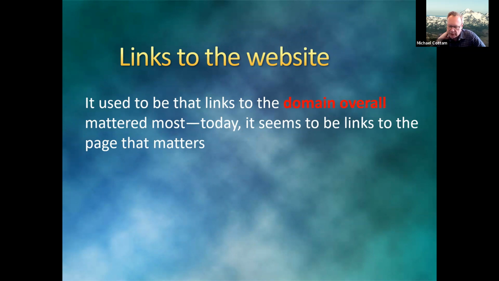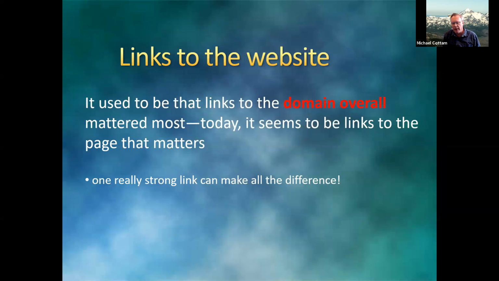It used to be, I would say 3-4 years ago, the general consensus was that links to the domain overall mattered, and that's what affected ranking. That seems to have shifted, I think, about 2 years ago, and it seems to be links to the page that make the difference now. So that's made people change some of their strategies, especially for big franchises. One really strong link makes a massive difference. So links from little tiny directories that you've never heard of are not going to move the needle. A link from another newspaper site, a link from Better Business Bureau, that sort of stuff does make a big difference.